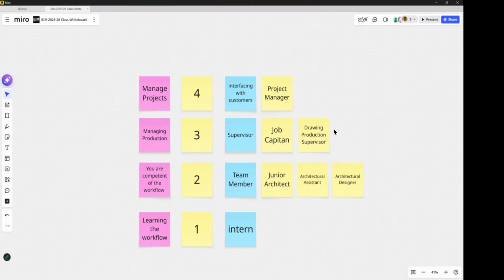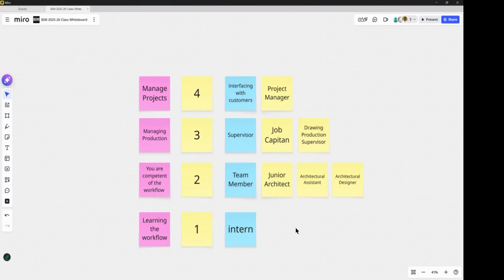If you were an engineer coming out of school and you work in an architectural firm that also hires engineers, I would imagine it would take maybe the same kind of flow, because this is really just giving an idea of the levels of your responsibility as it relates to production.